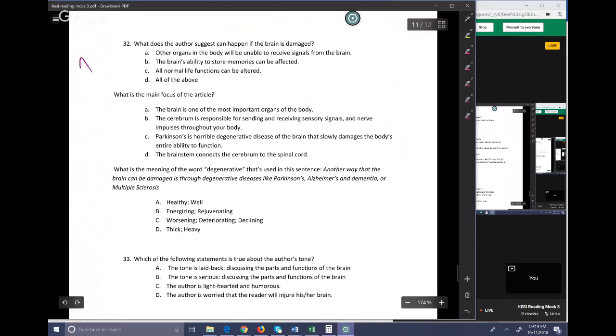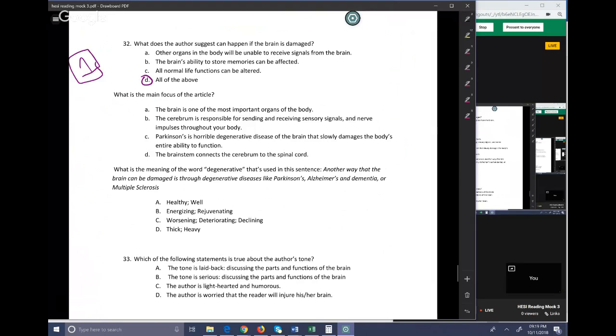32 comes from reading 1, your general understanding of the way the info is used. Make sure you always read all choices, always, always, always, because so often in reading, our answer is dependent on our choices. That is the case here because all 3 of the answers that they gave leading up to D, which then says all of the above, were specific things that they said would happen.